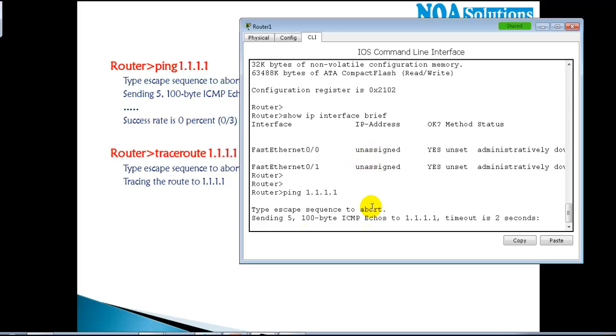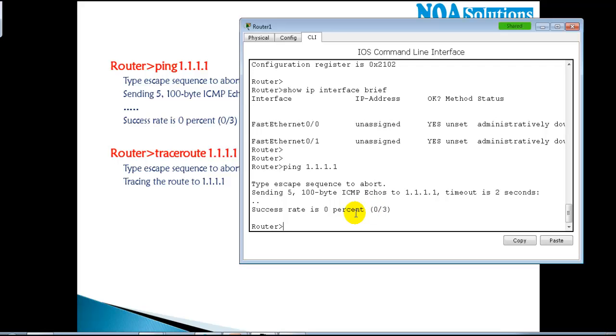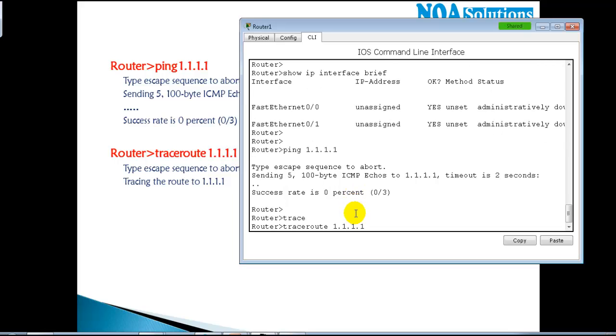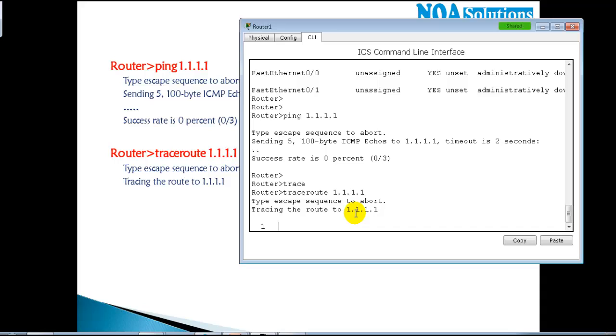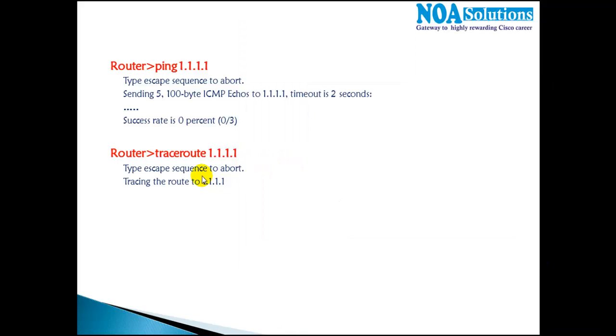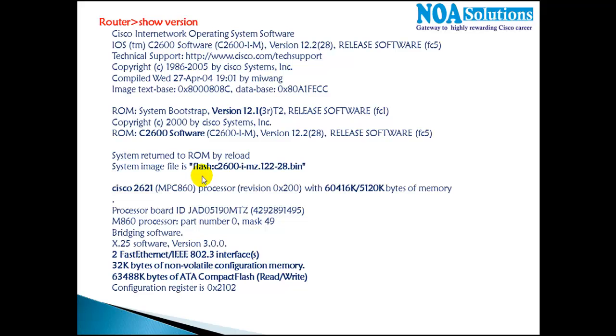And apart from that, we can also use some of the basic commands like ping. I can use some ping command. Anyway, ping will not work here because we did not do any kind of configurations. Okay, and also there is a command called traceroute, something like this, 21.1.1.1. Traceroute also will not work here because we didn't configure any IP addressing on the routers. Once we do that, then probably we can also verify ping and trace commands on this particular mode. But apart from that, we can also use show version, just now discussed.